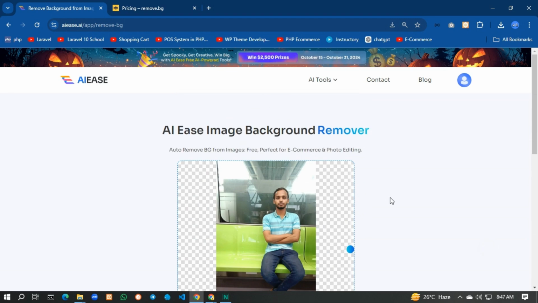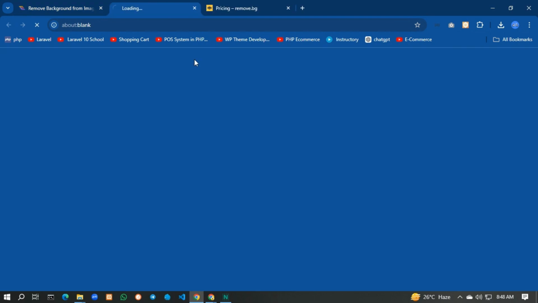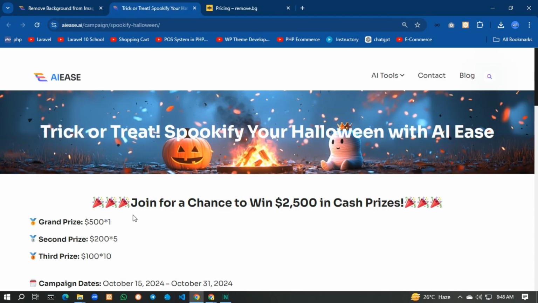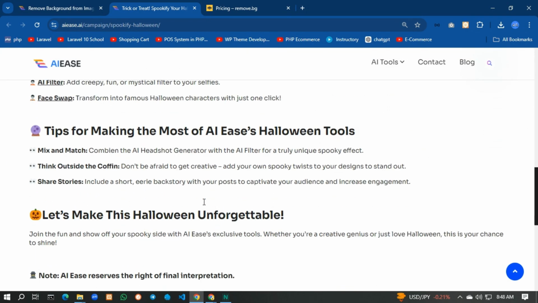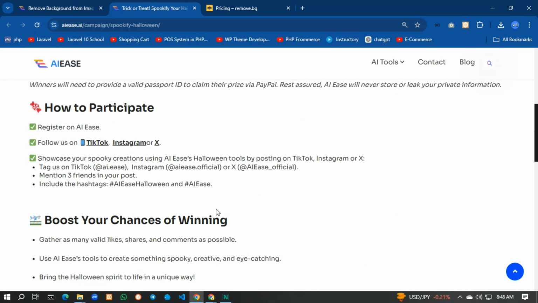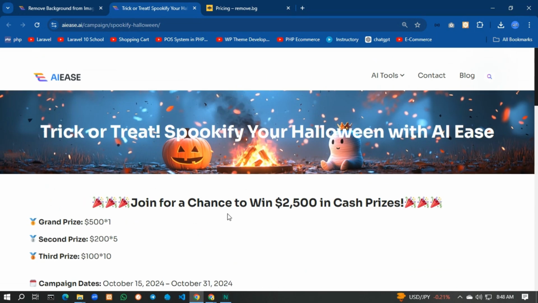One more thing we're going to show at the top. Click here. You can join the Horizons to win $2,500 in cash prizes. Here you can see all the procedure. I hope you will read this and you will find the way